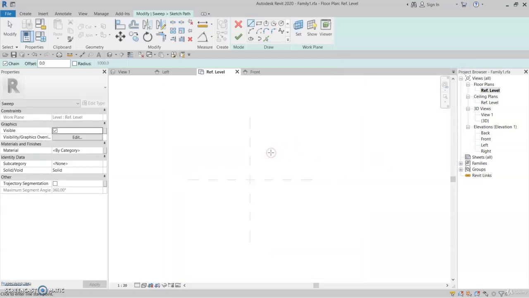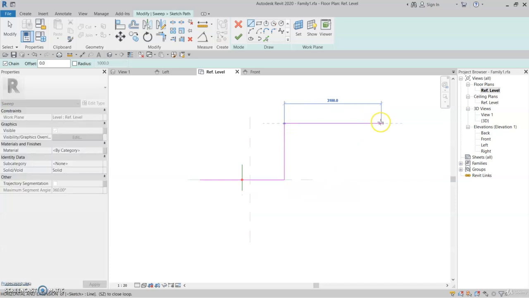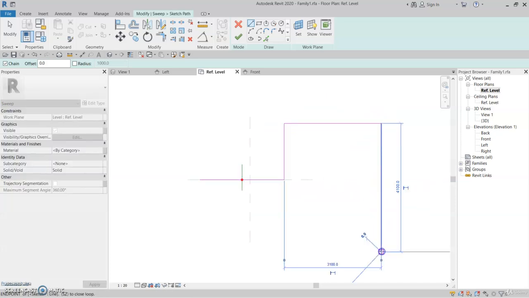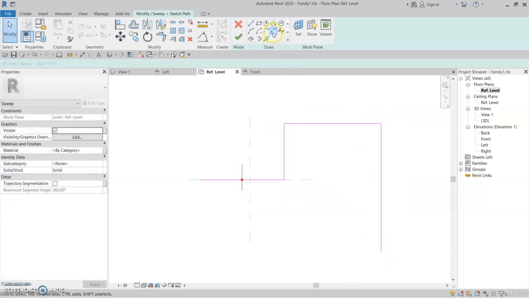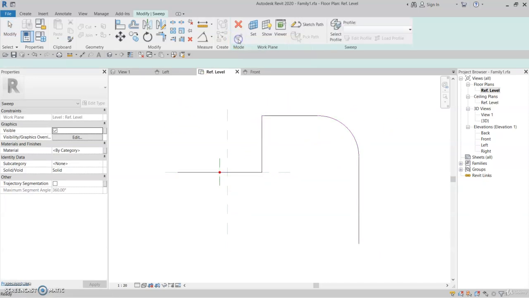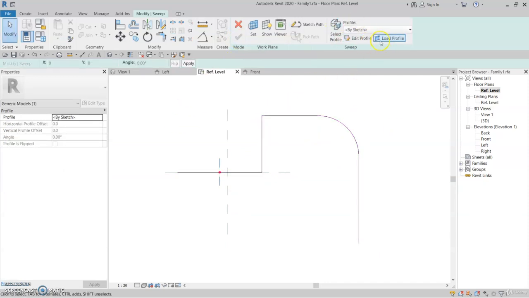So we enter the Sketch Path mode, and again it has similar sketching features to the other geometry types. So I'm just going to create a few lines here. I'm then going to use the Fillet Arc tool to just create an edge here. And so we have a simple path. So if I click Finish, now I need to edit the profile that I'm going to use to sweep